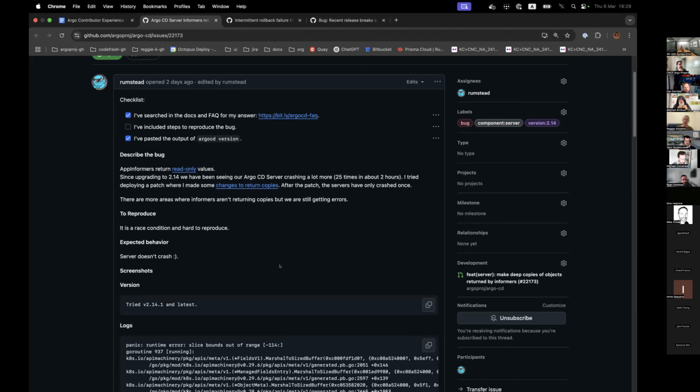I found a few of these already and patched some. Anytime an informer, or really anything from the Kubernetes SDK, returns an object, you have to treat that object as read only. Specifically in the server, we manipulate those objects a lot. What can happen is, because it's a pointer, you're concurrently changing, in this case I think the labels or something on it. Whenever those two concurrent things happen, it causes a panic.